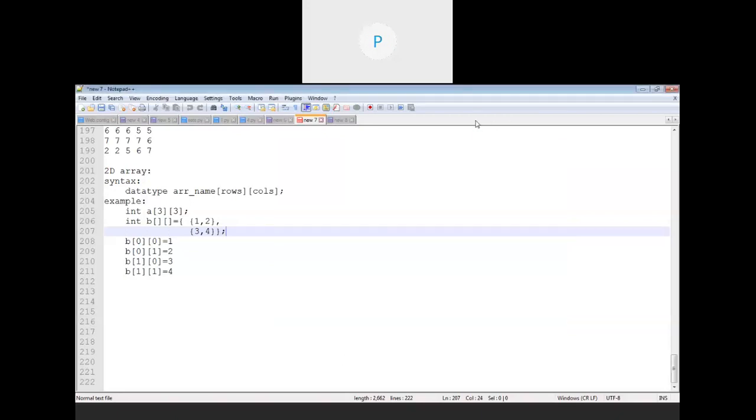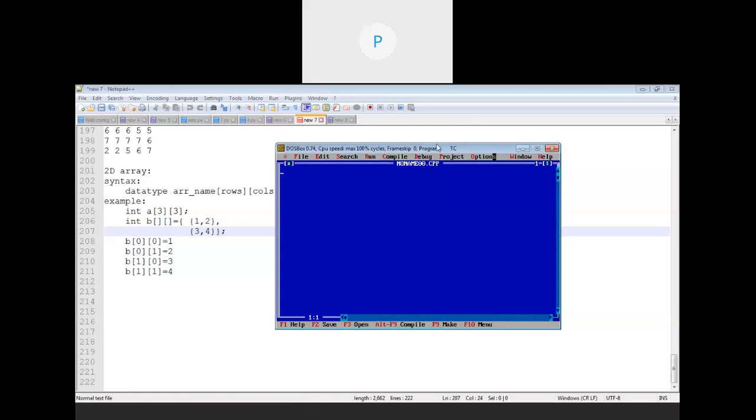So today we will start with the next concept, that is multi-dimensional array, or you can say 2D array. Yesterday I took one example based on 2D array, like how you will enter the matrix and how to display that matrix to the user. But what if you wanted to perform some operation on those matrices? Then how will this operation be performed? So let's take some examples based on the same.